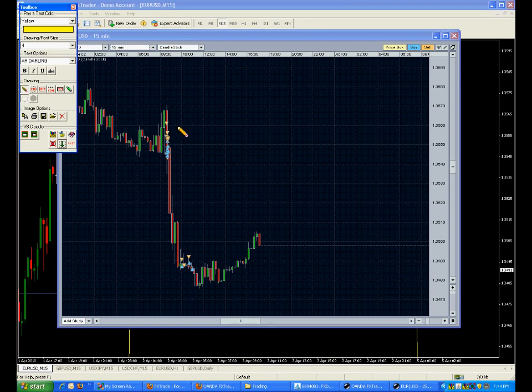Those numbers were just, even though they were painted below, they were really solid numbers. And as you can see, I began to scalp, and you can see I wasn't here. I wasn't here to see this close, or I absolutely would have taken this trade also with a take profit target, but I actually left. After I made my money, and then the next time I was in the office, you can see I took a few more, and these are absolutely scalps. You wait, and